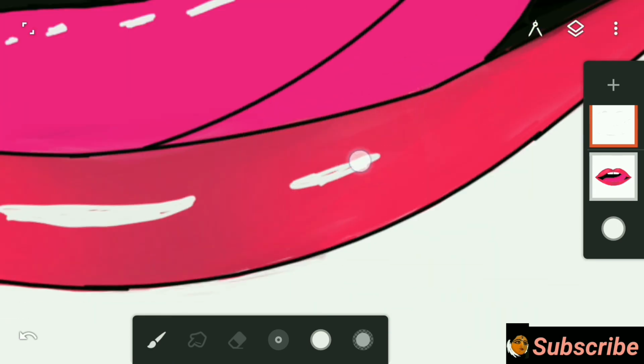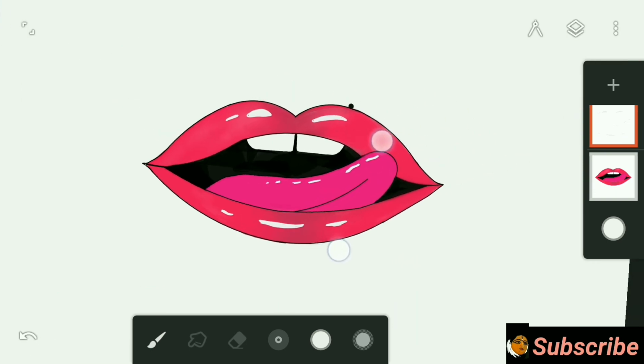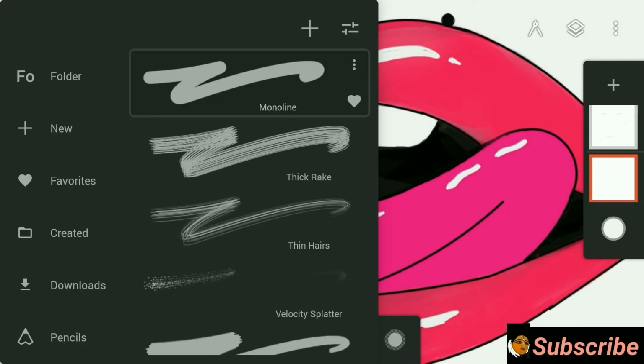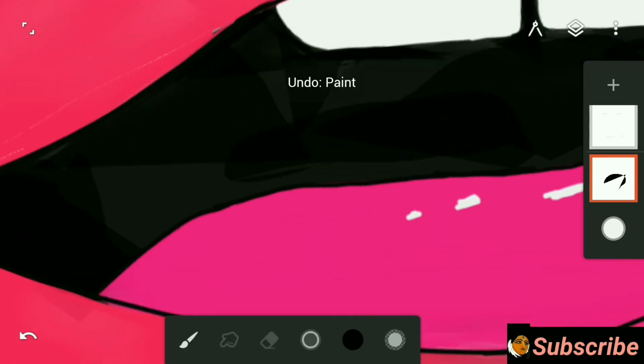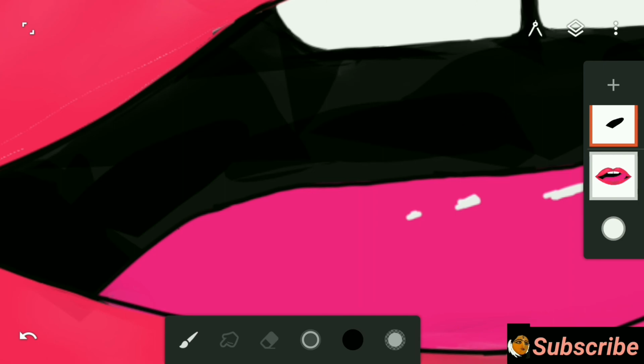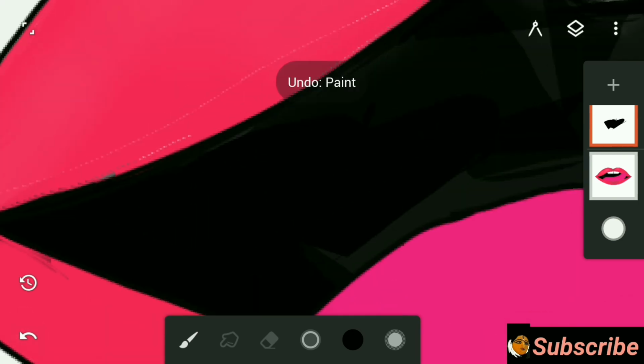As Infinite Painter offers you a huge number of blenders, more than 25, if the blending mode is wrongly chosen, then it can create trouble when you are mixing the colors. And last but not the least, if you make a mistake, just undo it and repent. Isn't it amazing?